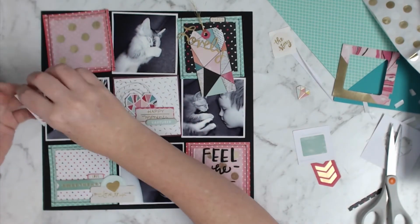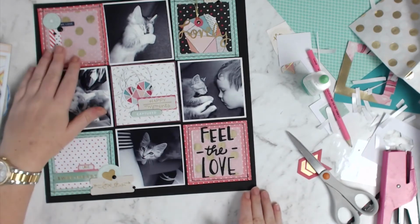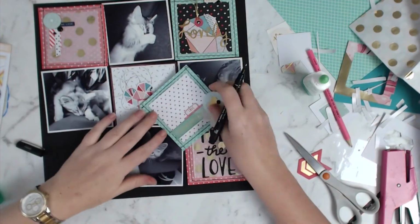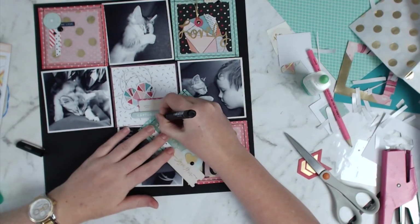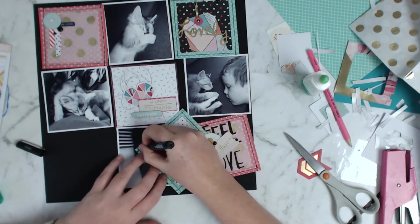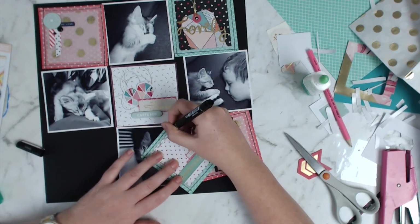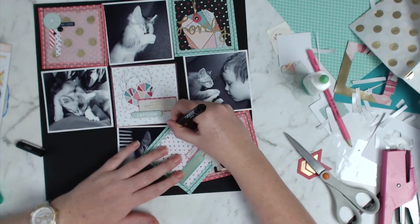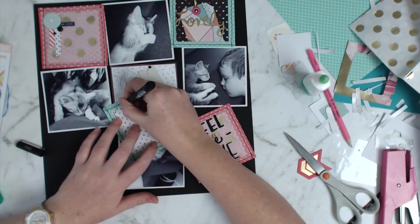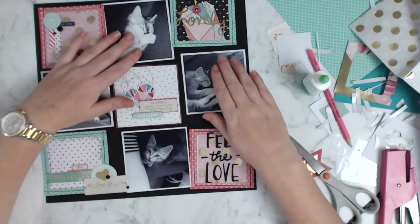So then off camera I do go and stick all of these down, and you didn't need to sit and watch me stick and glue everything. So yeah, that was pretty much it. Stuck all the embellishments down, and then I came back, wrote in my journaling, and I'm pretty sure I call the layout done at this point. All the squares aren't stuck down at this point either, so I do that off camera as well, because again, you don't need to sit and watch me sticking tape to the back of the cards. And that is the layout complete,